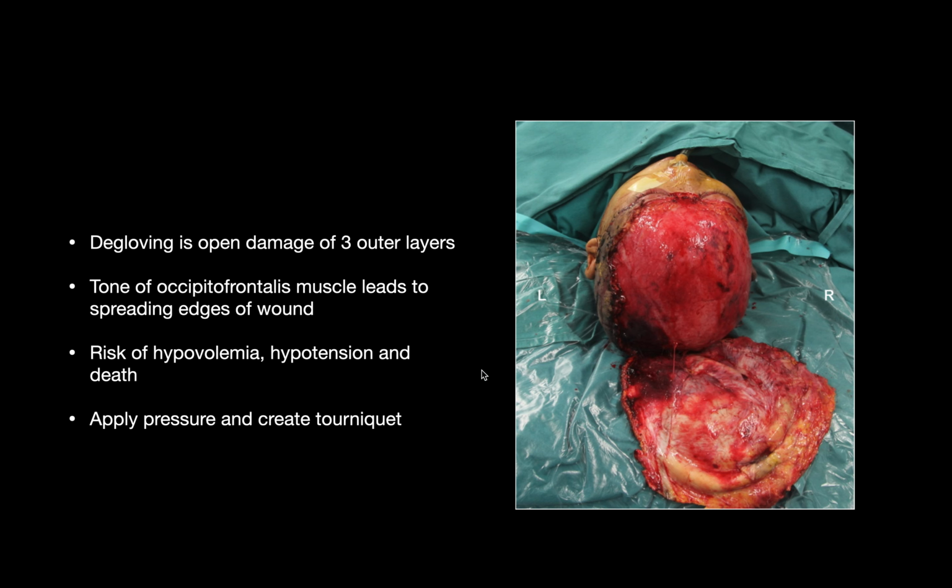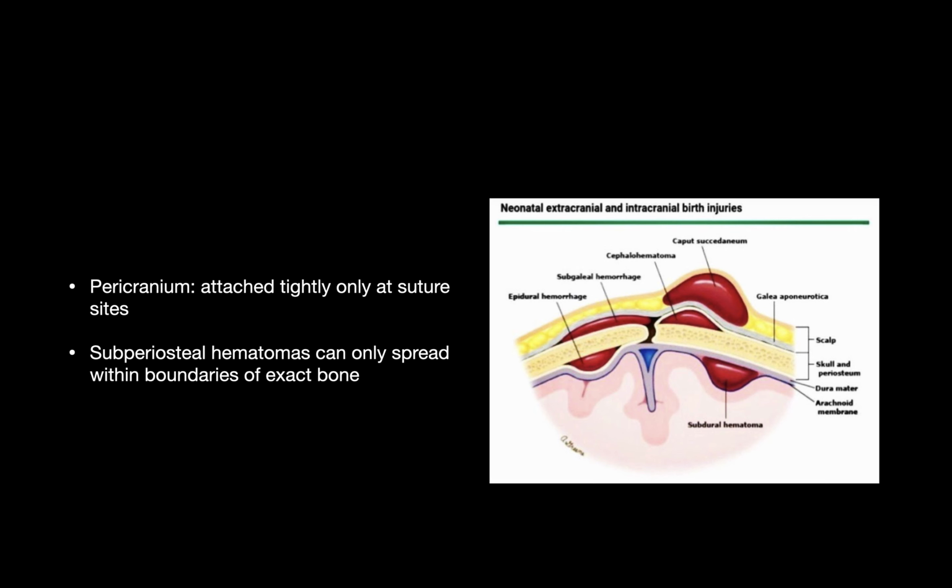To prevent that from happening, the best way is to apply pressure and create a tourniquet. A tourniquet can be like a shoelace or a belt or a tie, but you have to tie it above the ears very tightly. The pericranium is attached tightly only at the suture, so subperiosteal hematomas can spread within the boundaries of